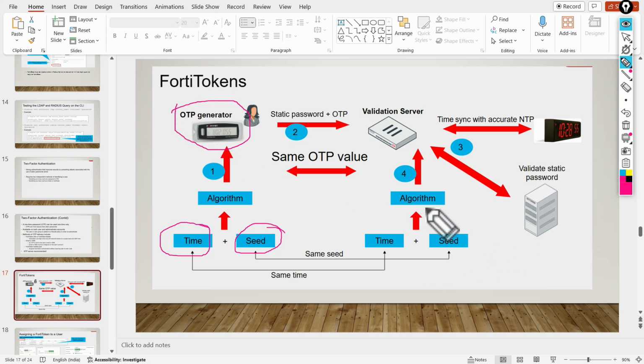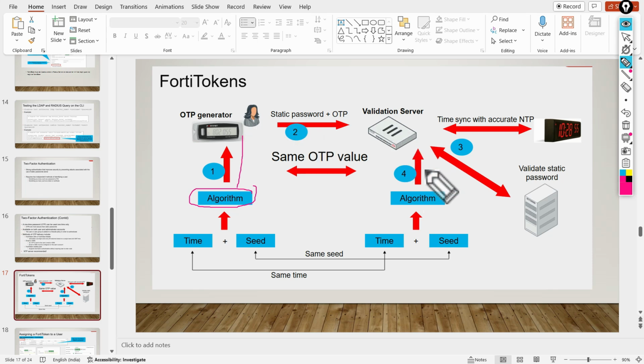The same time plus seed is also available on the validation server, so on the client side and the validation server side they have the same algorithm. On the OTP side, using time and seed, they generate an algorithm, and using that algorithm the OTP is generated.